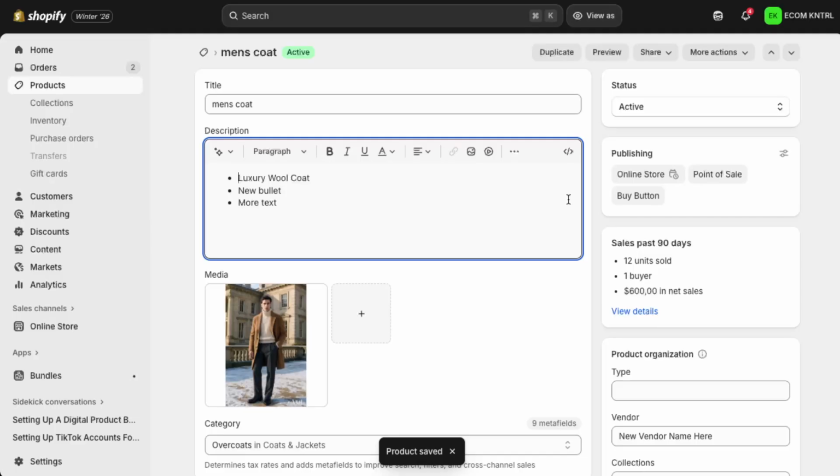And that's it. You've added clear, customer-friendly bullet points to your product description, helping shoppers